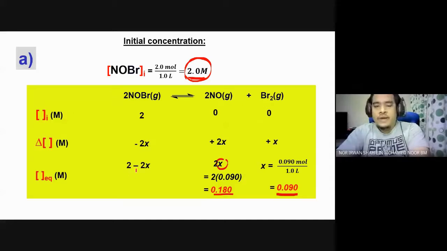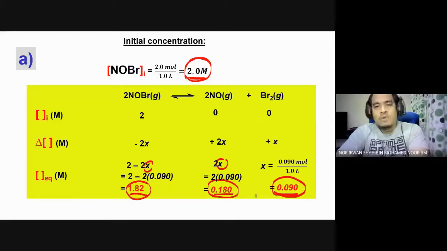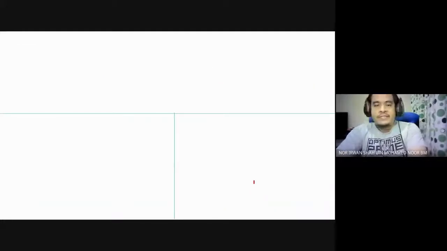So 2 minus 2x, since x is 0.09, if we calculate this, we are going to get 1.82. So these are the three equilibrium concentrations: nitrosyl bromide 1.82 molar, nitrogen monoxide 0.18 molar, and bromine 0.09 molar. Okay, so once we have calculated these three concentrations,